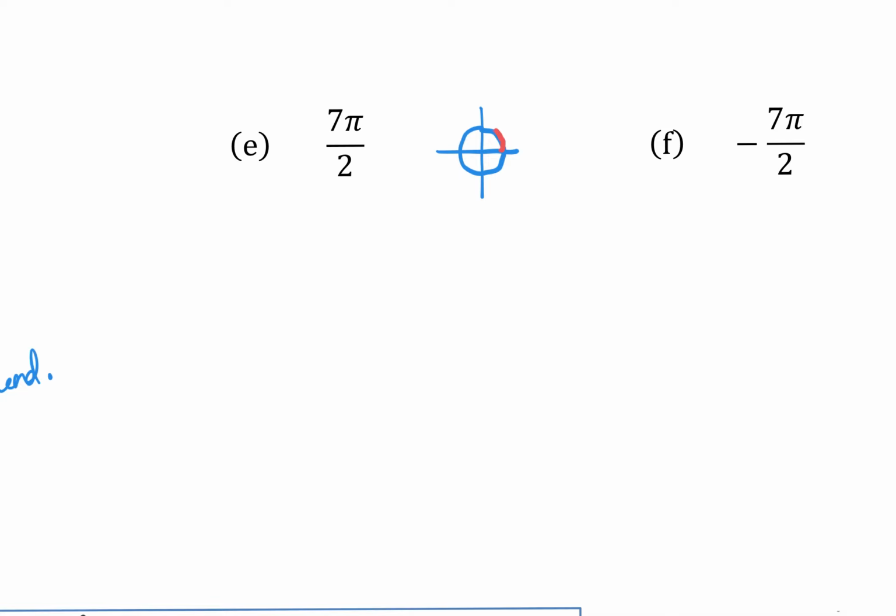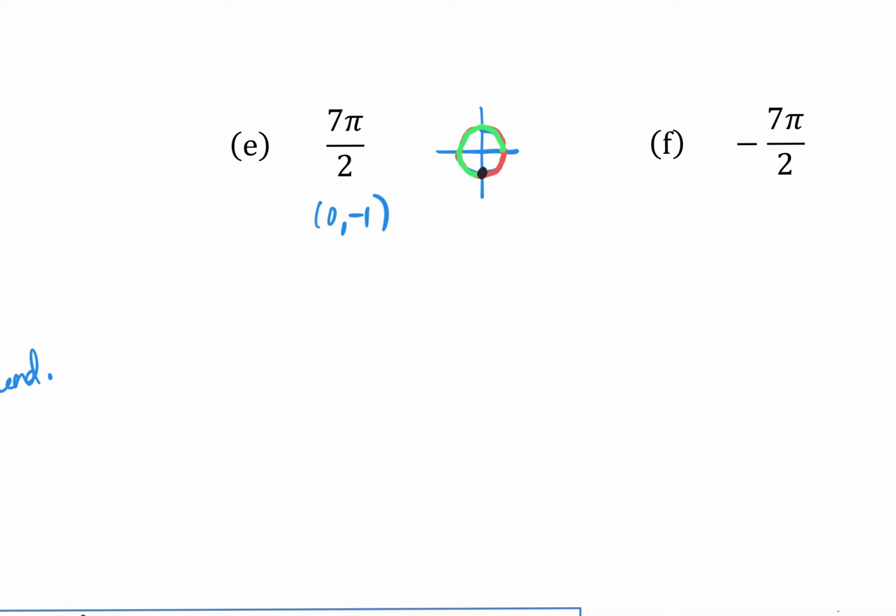If I just go the distance in the first quadrant, I'm at pi over 2. Keep going around, I've gone a distance of 2 pi over 2, 3 pi over 2, 4 pi over 2, keep going, 5 pi over 2, 6 pi over 2, 7 pi over 2. So when we're at 7 pi over 2, we're at the same point as 3 pi over 2, which would be the point